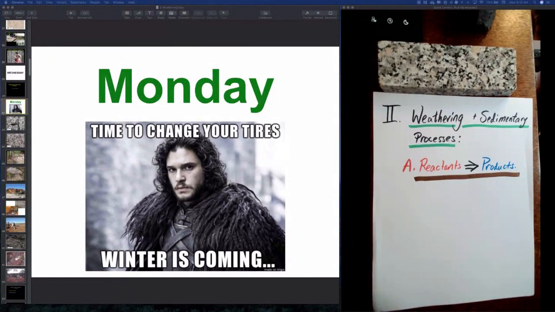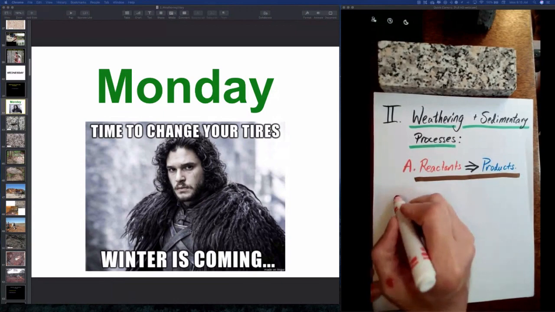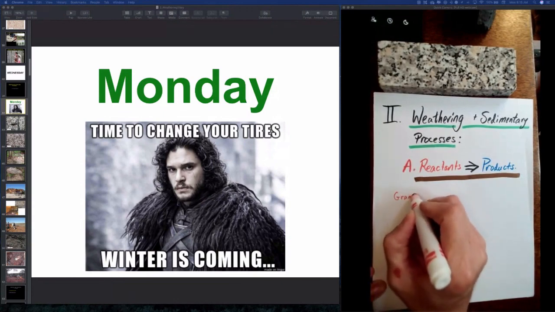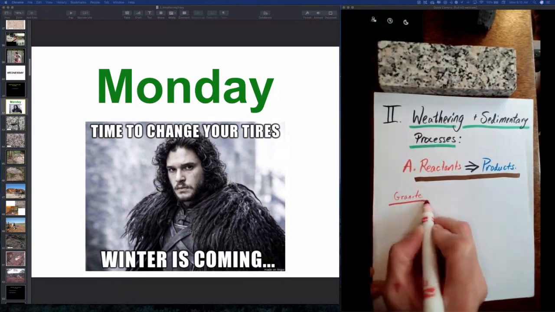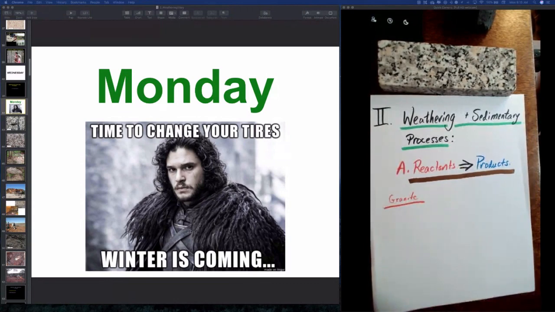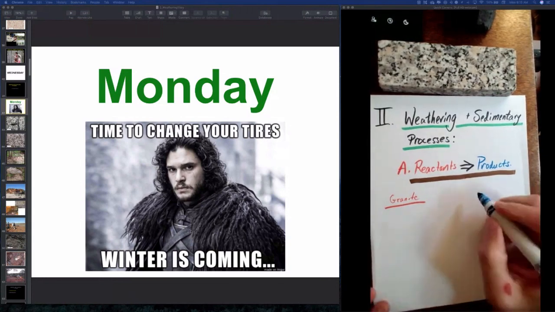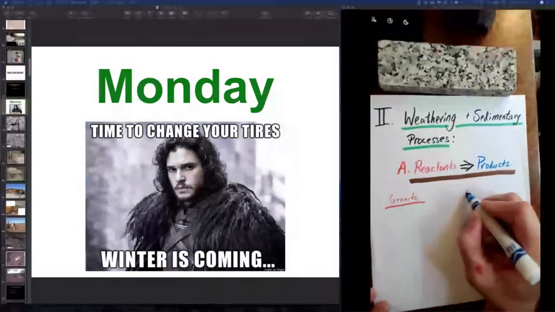That would roughly represent the composition of the continents. Like if you took all the continental crust and melted it and gave it a bit of a stir, it would have a composition very similar to granite, like that piece. This is a piece of granite countertop that we've got. So let's start with that. We'll start with granite. Don't take it for granted. It's a cool rock. And we're going to go to a sedimentary product that is sediment, soil,